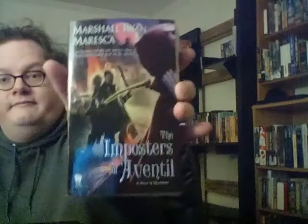And I have the other 2 volumes in this trilogy. The Alchemy of Chaos and The Impostors of Aventil. Excuse me. And then I have 2 books by Juliette Marillier, which I think one of these I hauled from